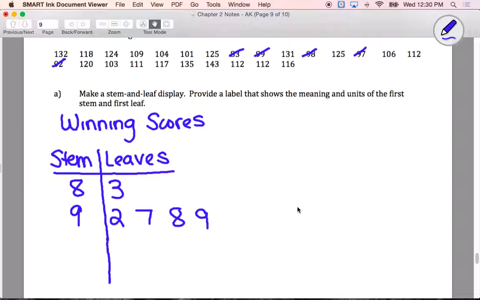Now, in order to know what these numbers mean, we write a key with our stem and leaf plot. So for our key, we explain what the bar means between your stem and your leaf. So I would write 8 bar 3, and that represents 83 points. So that way when you go through this, you're trying to figure out what do all these numbers mean. The key tells you how to do it. Because it could mean, if that bar was there, 8.3, and we could have 8.3 points instead. So you really have to have a key so it explains what the bar means in your stem and leaf